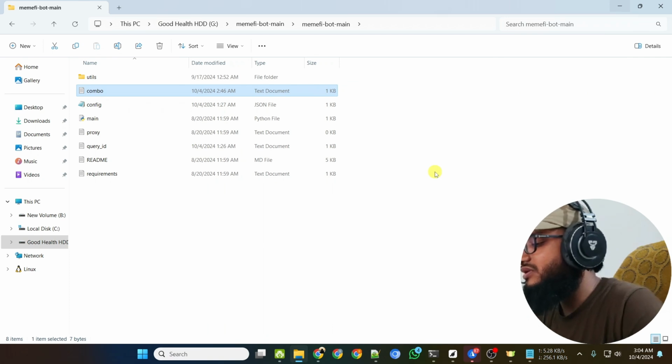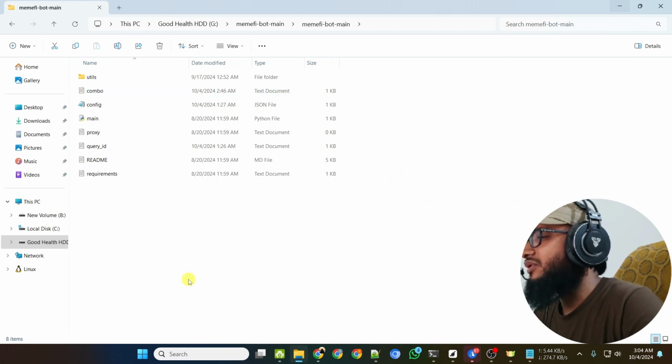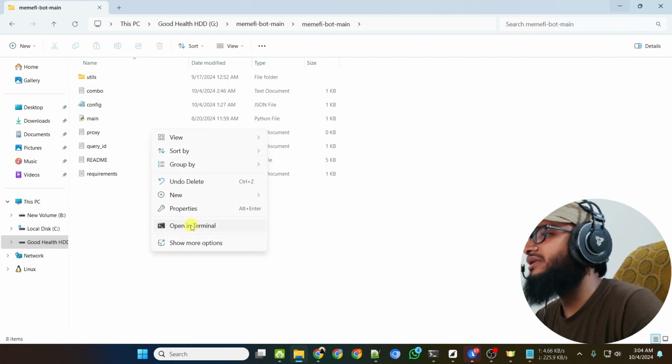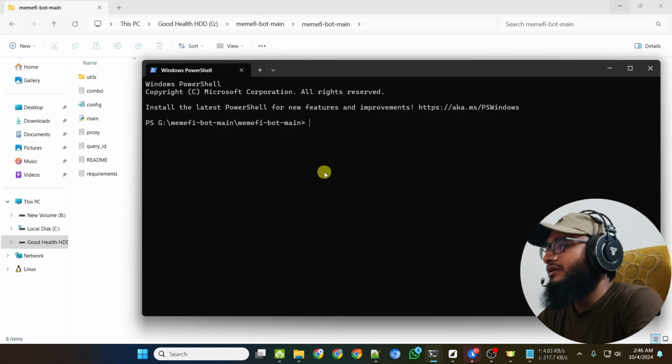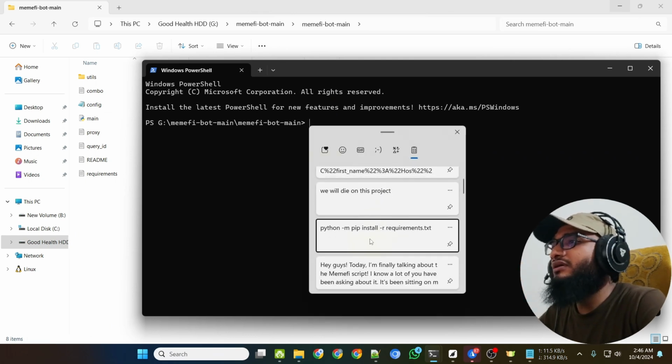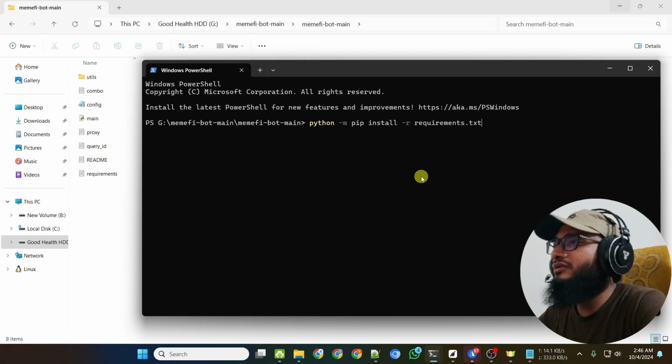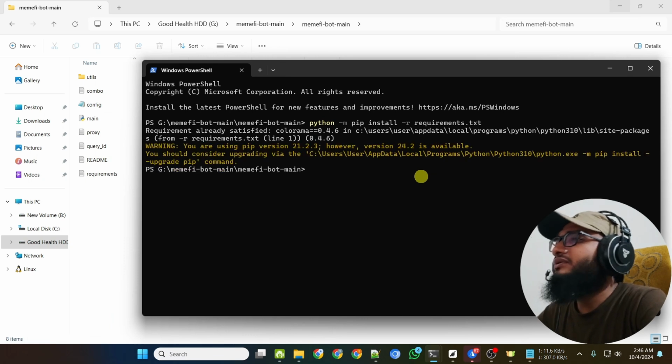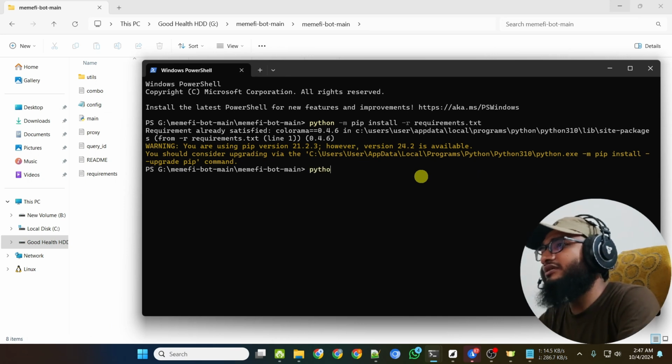Okay, once you are done with all of this, save the file and run the bot in here. Okay, right click it and open the terminal in here. First download the requirements. For downloading the requirements, paste this following code: python -m pip install requirement.txt. Okay, it will download the required files, and run the bot finally with python